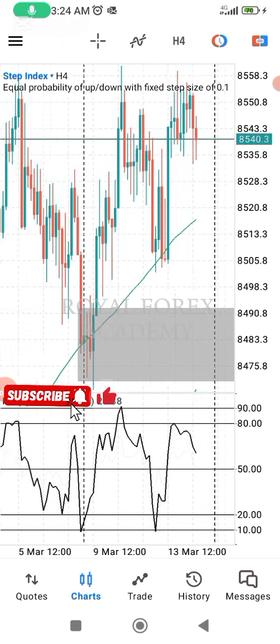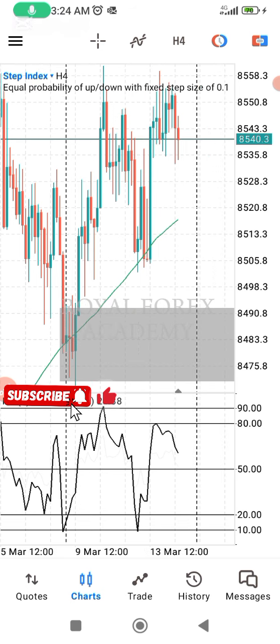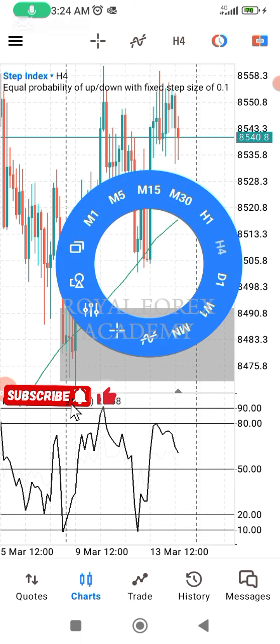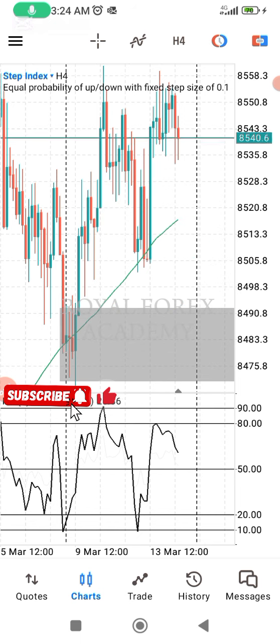But however, price did not come back to retest this order block. So you can see what happened, price came to retest the middle Bollinger Band again without reaching down